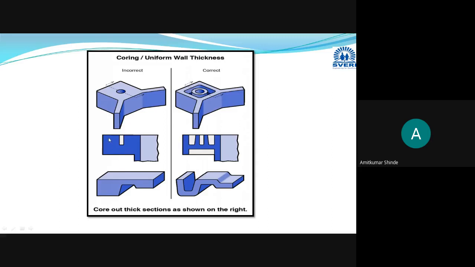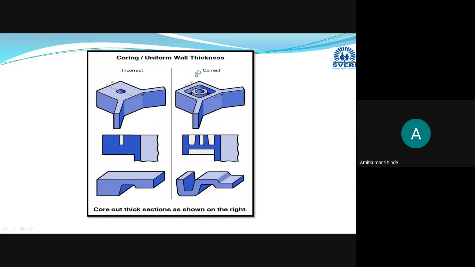Here also, instead of making this thick section, uniform wall thickness is provided, and this extra steel material will be provided. In this shape also, this is a thick section, and here and here there are thick portions. It is converted into uniform wall thickness throughout in this way, and from this side the extra material is removed by providing the coring.